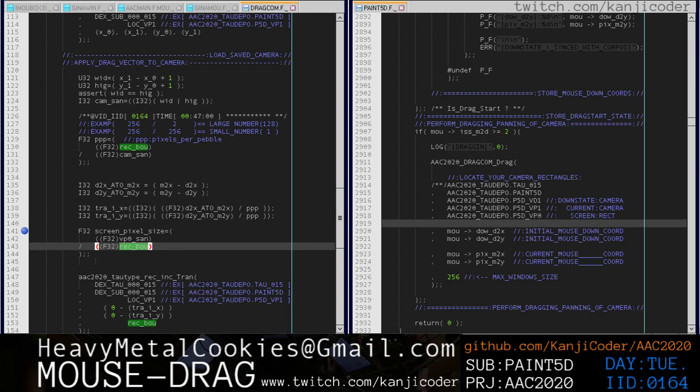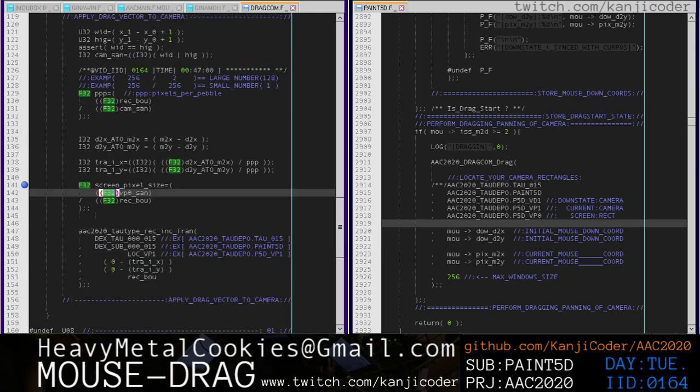Yeah, that's correct. So that would make sense for the screen pixel size, float 32. And so for the translation, we're thinking that we can take this translation and we can